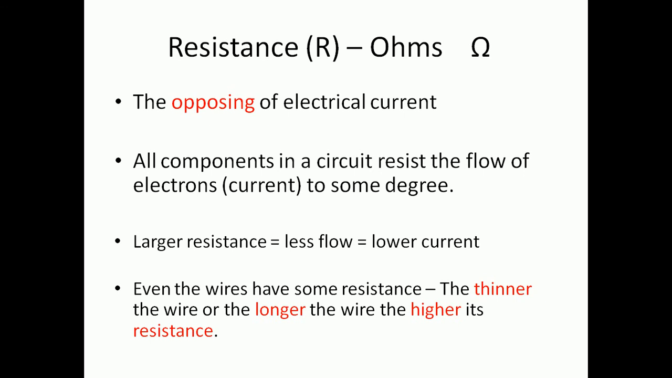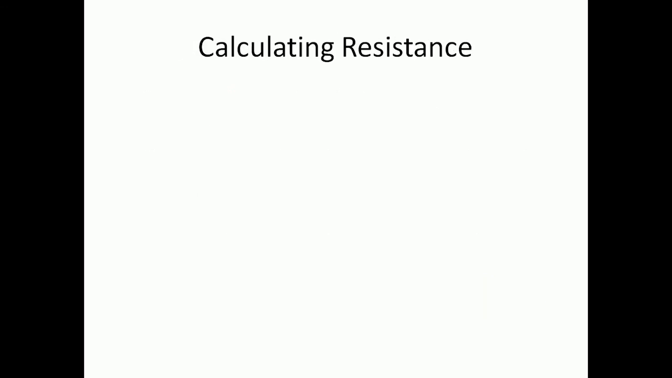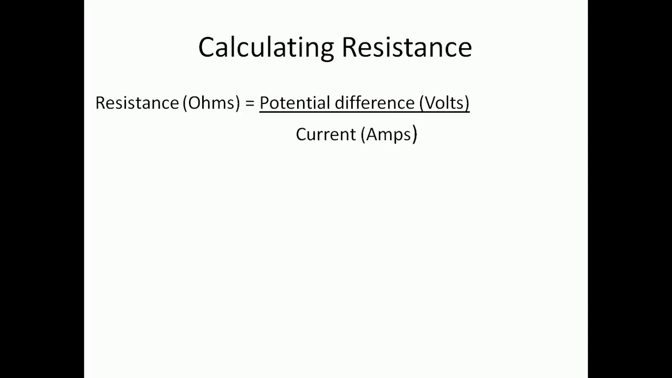And finally, calculating resistance. So how do we calculate resistance? It is resistance equals potential difference divided by current. And again, it is a formula that they give you. You simply just need to select the right formula, but the units you will need to remember. As with the other equations, resistance is measured in ohms, potential difference is measured in volts, and current is